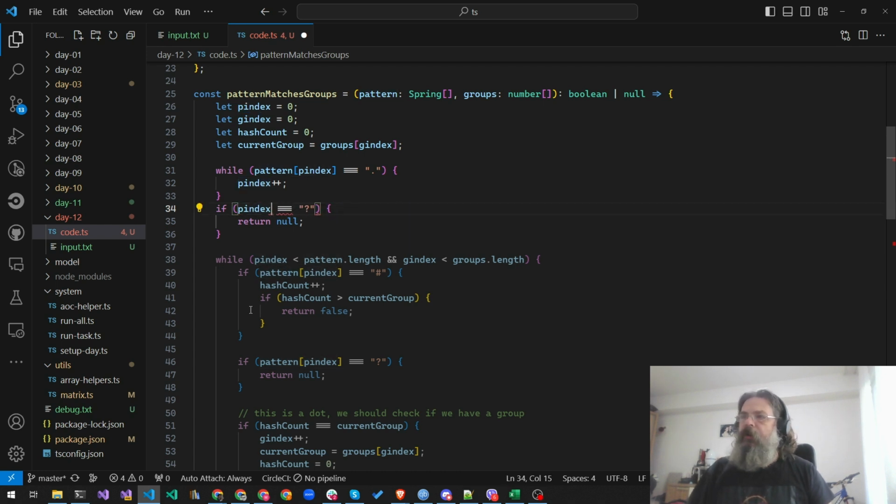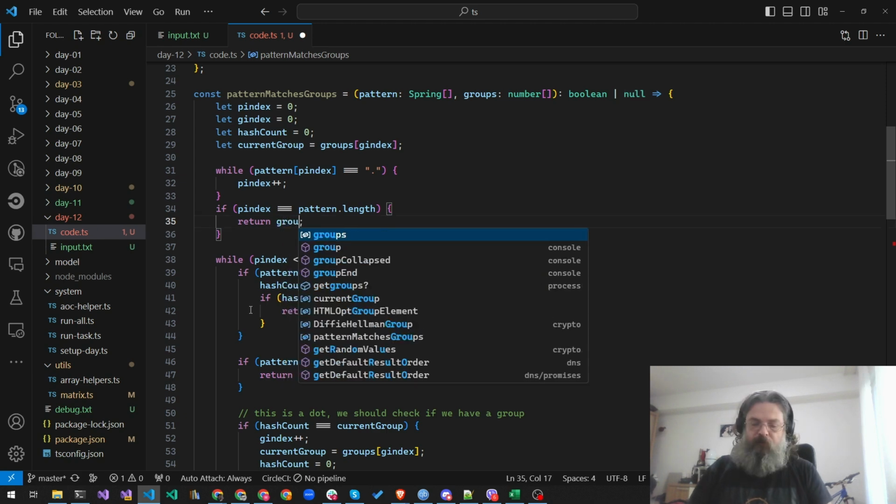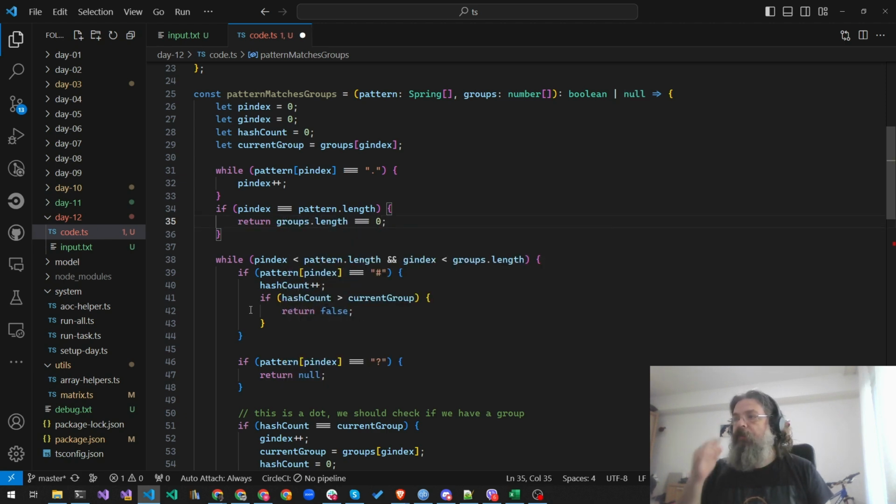So if width is equal to the length, which means that we run out of dots because we run out of pattern, then basically that is correct if we have our groups as an empty array with no groups, otherwise it's false. This should never get executed, but let's be sure, because right now we know that we are inside the group,